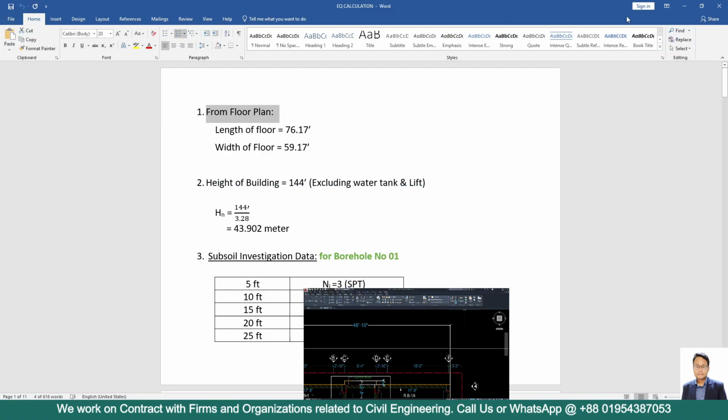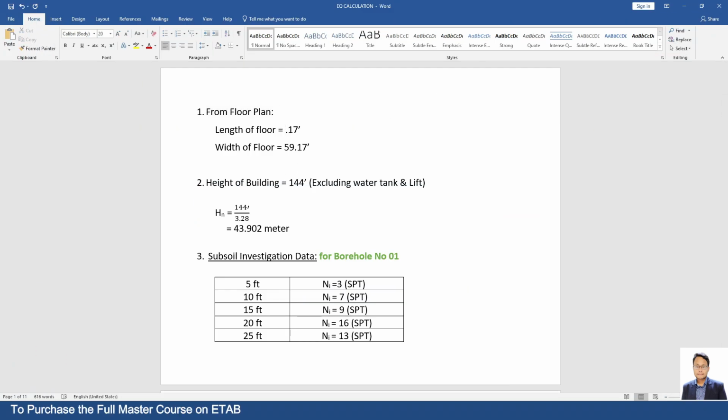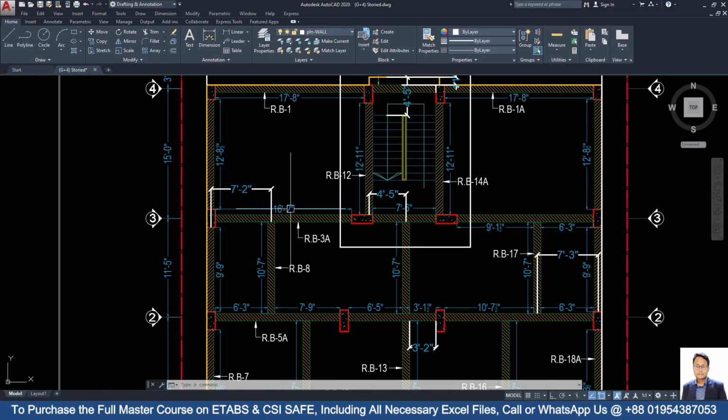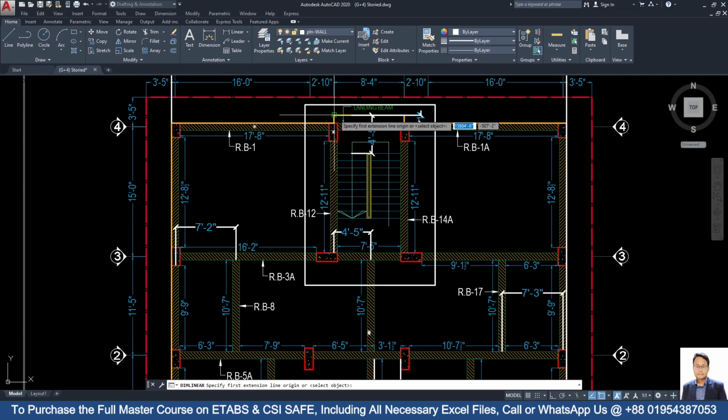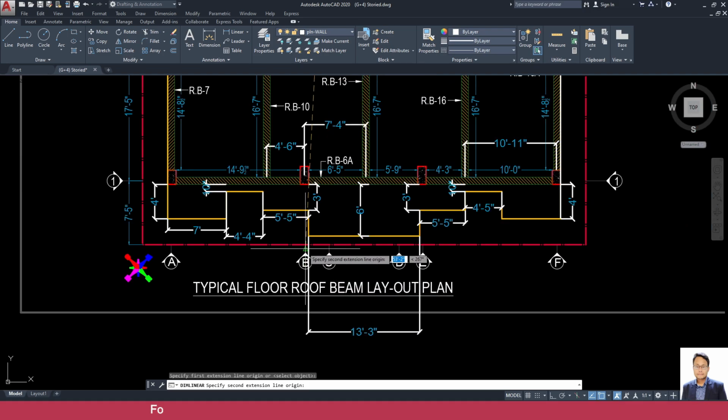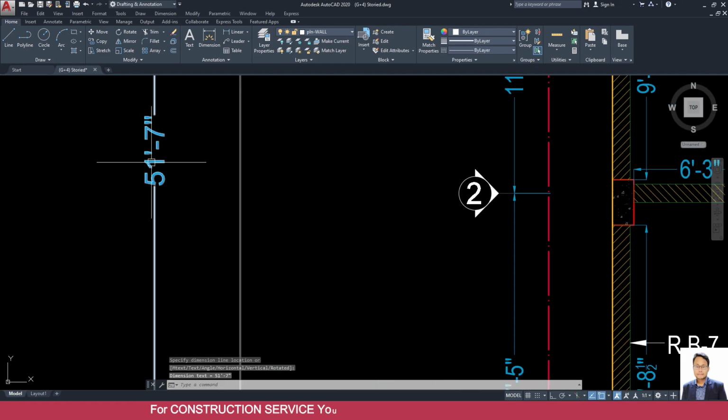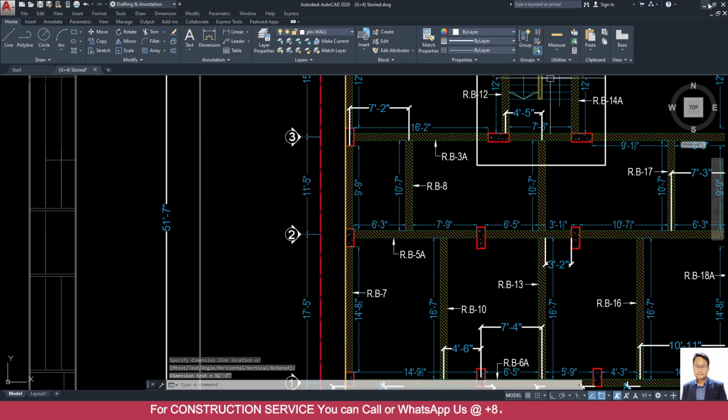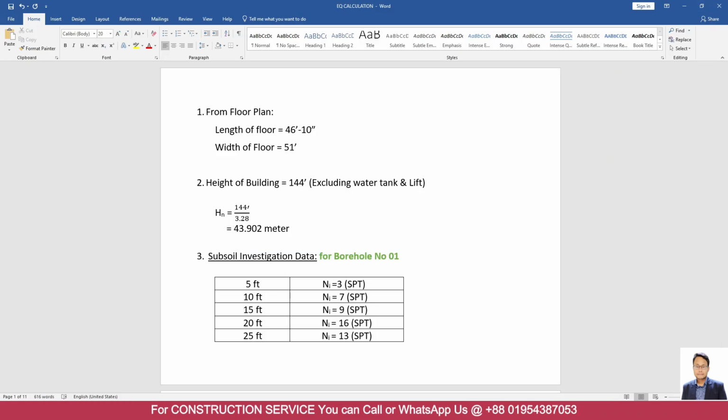46 feet 10 inches. That means we can say 46 feet 10 inches. Width will be, here we can check, we will take the outmost edge. Here this one is 51 feet 7 inches. Now we need to know the height of building, but we have to deduct the height